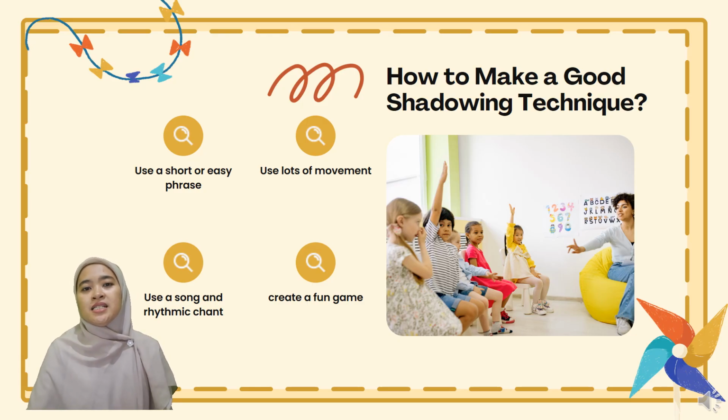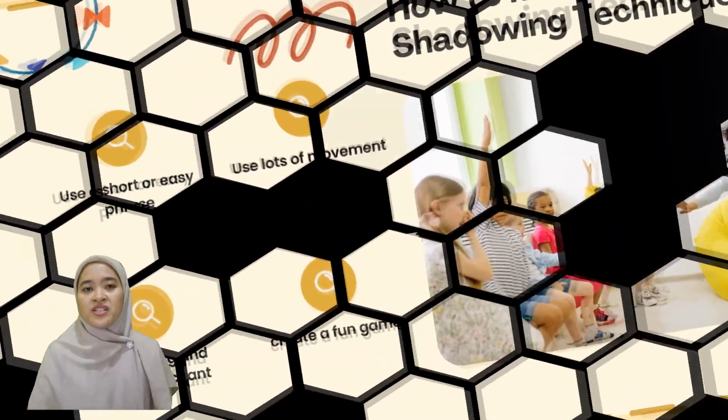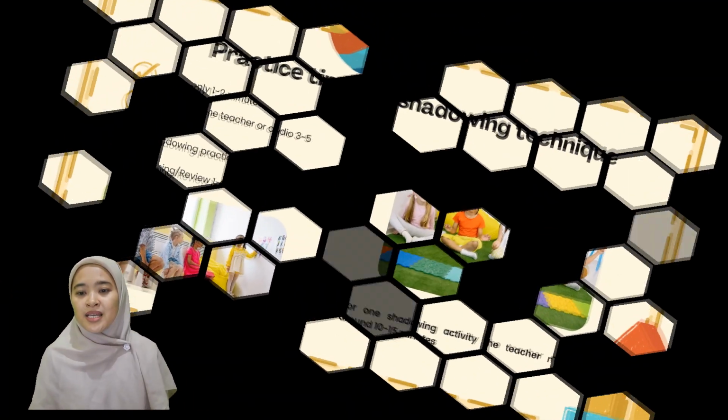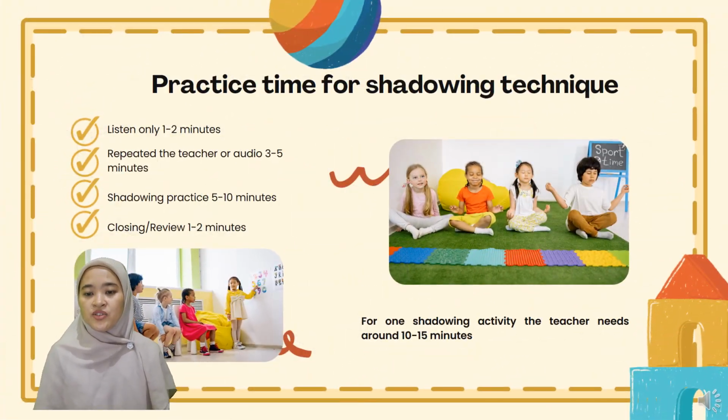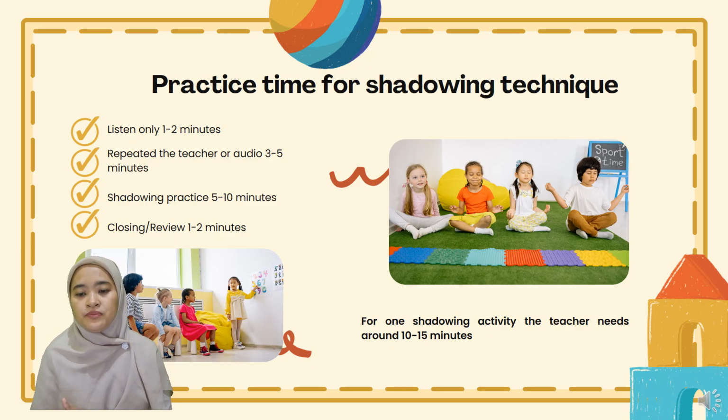Okay, the third outline of my presentation is about shadowing practice time for kindergarten students. Shadowing practice should be short, fun, and consistent because early childhood learners have limited attention. The ideal shadowing practice time is around 10 to 15 minutes in the classroom. If we break down,